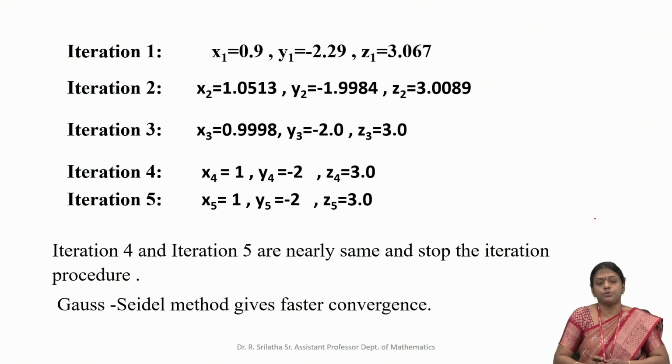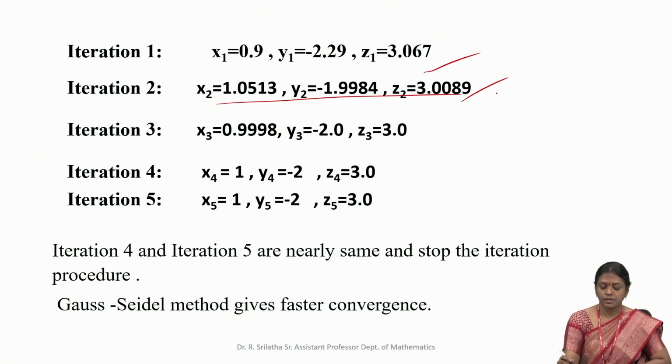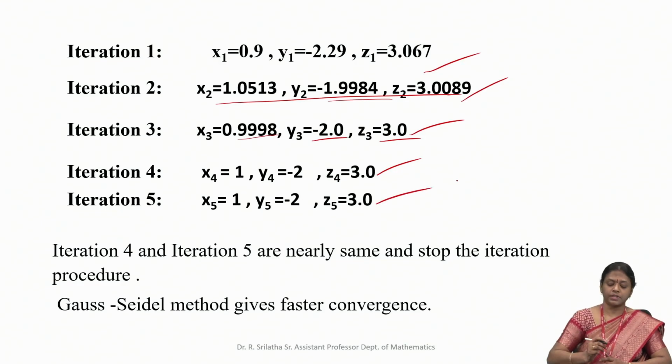In the similar manner, we can do so many iterations here. Just now we completed the first iteration values, and I got the second iteration values. Based on the second iteration values, we need to do the third iteration values. So if you observe here, in the third iteration the values are 1.0513 and 0.99, and minus 1.99 and minus 2.0, and 3.00 and 3.0. So since the values are not approximately equal here, we are going for another iteration for getting more accurate values here. So similarly, we'll be doing the fourth iteration, and similarly the fifth iteration values here